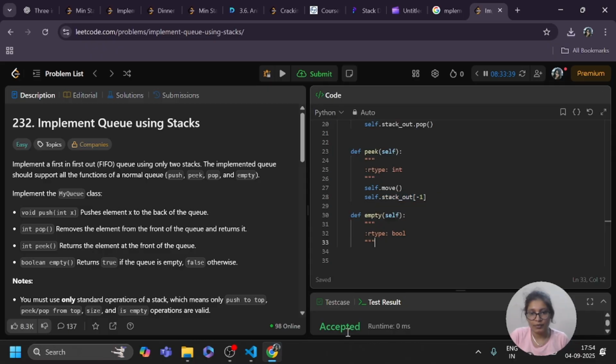Now I'm going to move on to the empty function.